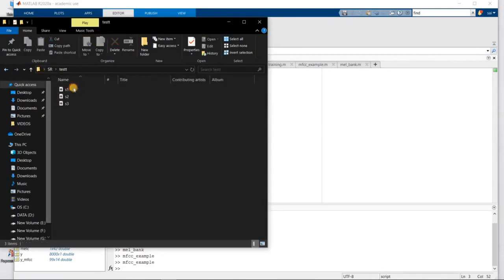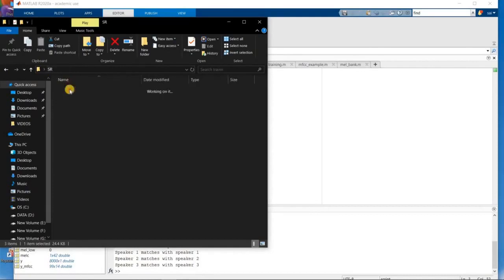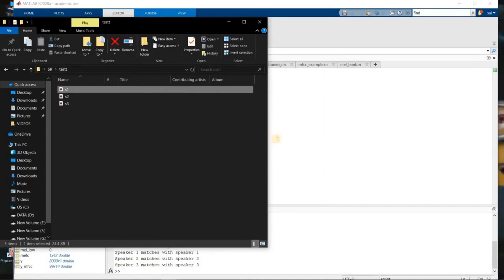The files in testing and training are taken from the same persons. I mean, these three are different persons, but S1 in training is the same person as S1 in testing. So both are spoken by the same speaker, but as different audio files.